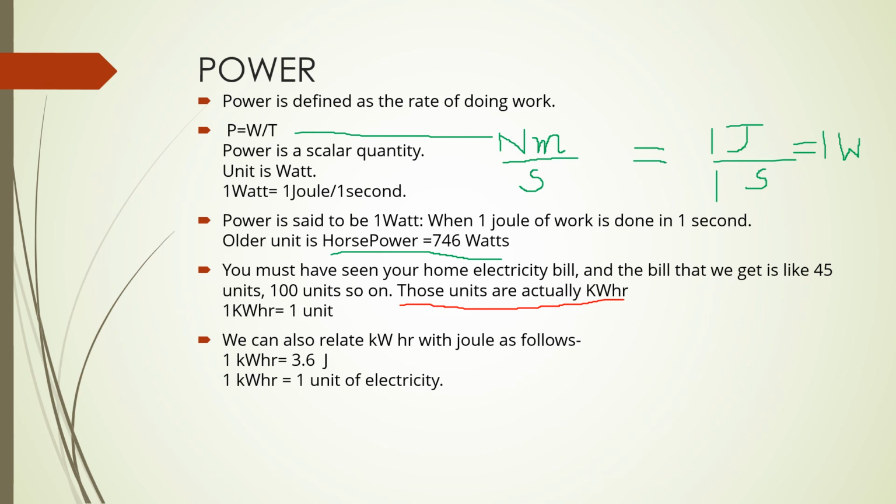We can also relate kilowatt hour with joules as follows. We are going to convert this into joules. 1 kilowatt hour is equal to 1 unit of electricity, and this 1 kilowatt hour is equal to 3.6 million joules. So this is also important. 1 kilowatt hour is equal to 3.6 × 10^6 joules. And based on this watt and kilowatt hour, many